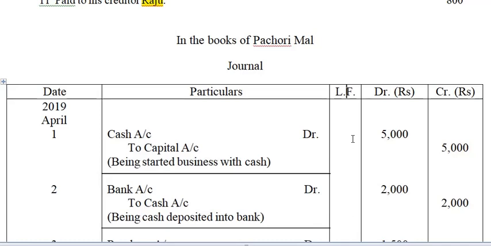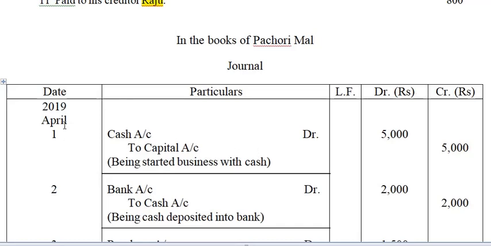So practically these numbers will be very much helpful when you work as a CA or an accountant in some company. Out there you have to give the ledger folio also. But in journal normally we don't use the ledger folio numbers, but we give a space out here. Ledger folio is the third column. The fourth column is your debit column, and the last one is your credit column.